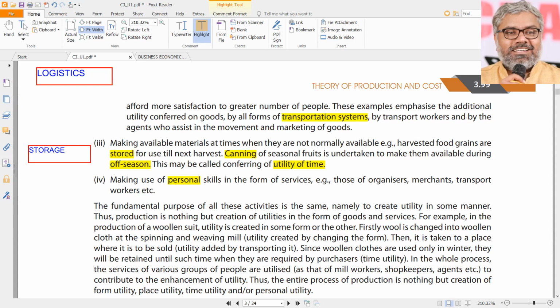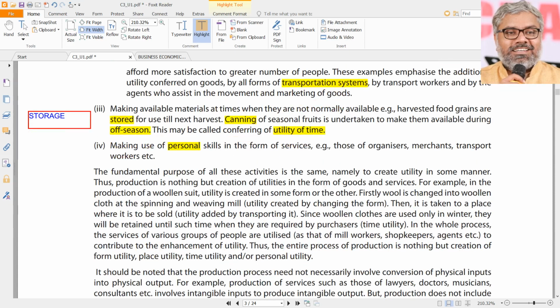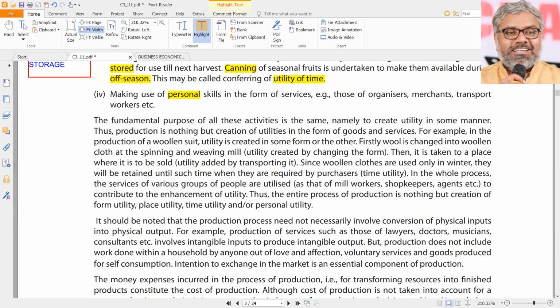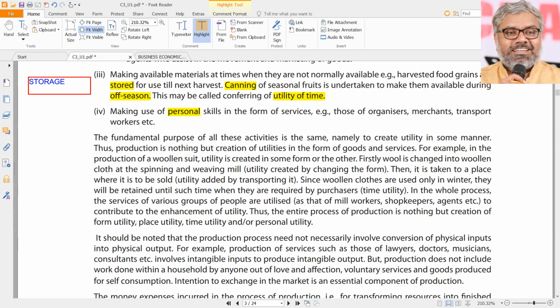But ultimately, if you look at a broader basis, generation to generation, these skills will always get transferred and they become better and better. So that is the reality of the society, which is actually different from what many people perceive. So that is the personal utility the production process generates.